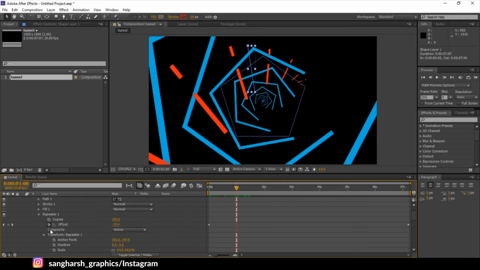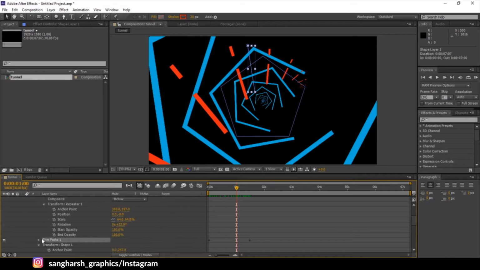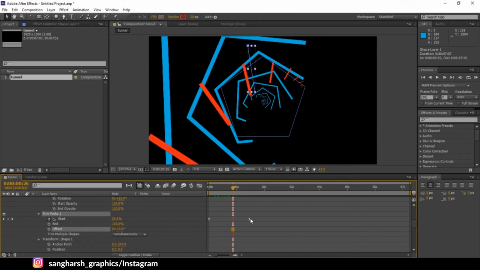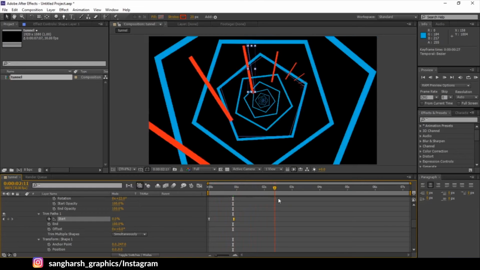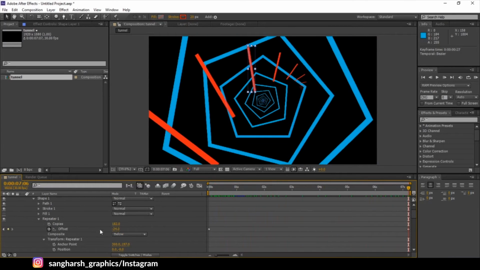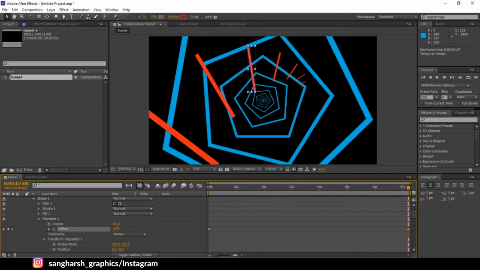We will change the offset of the trim path here. Okay, let's make it 0. Fine. Let's decrease the timing of it. Let's increase the speed by decreasing the offset value to minus, like this.